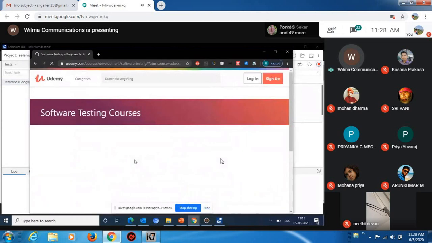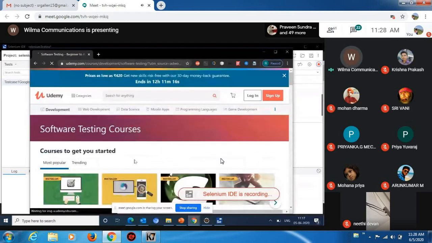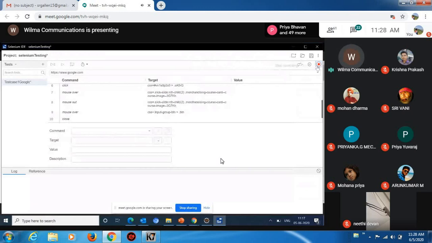Just imagine that I want to conduct my testing, my business process, up to this page. So I'll close this browser, and here there is a button called stop recording. However many transactions you want to capture, that many I have recorded. Then I click on stop recording.